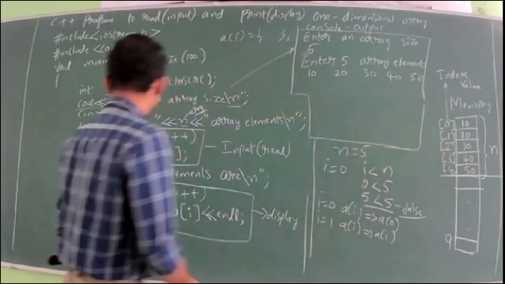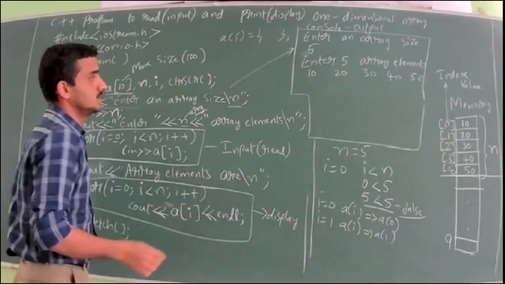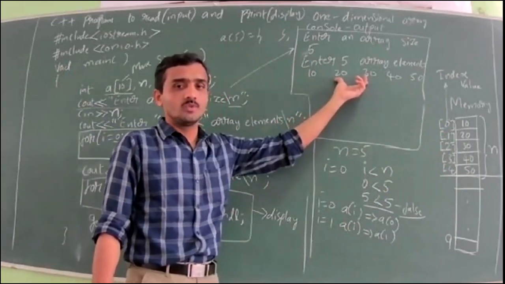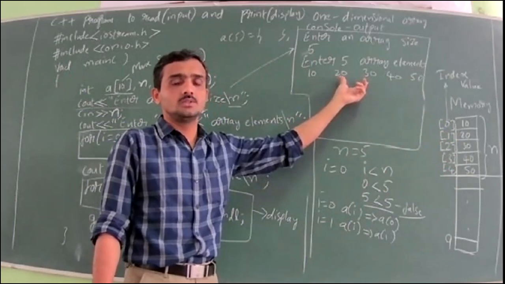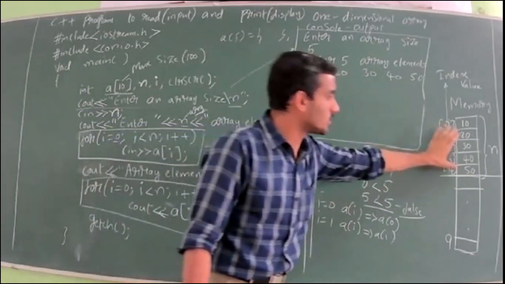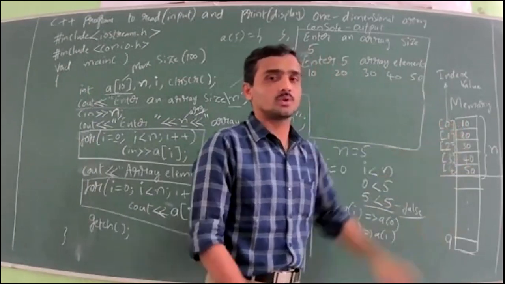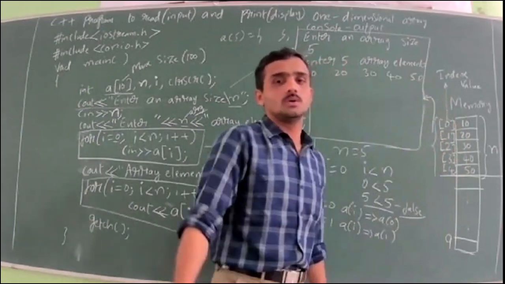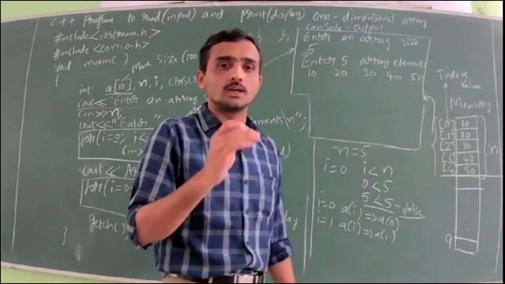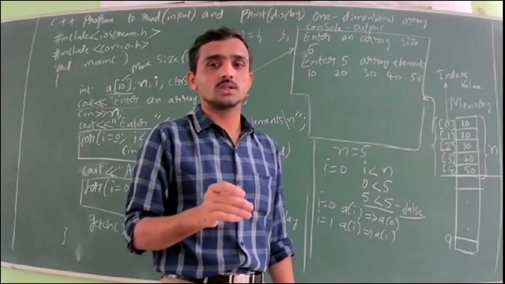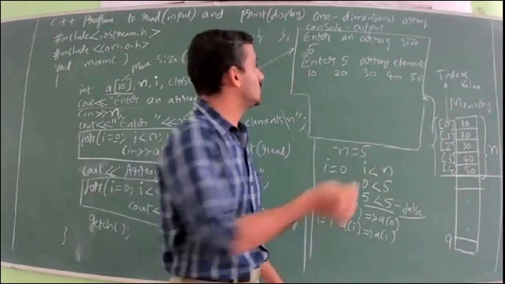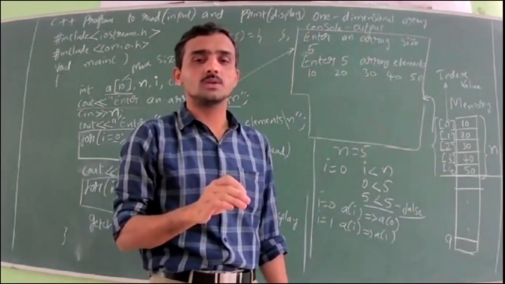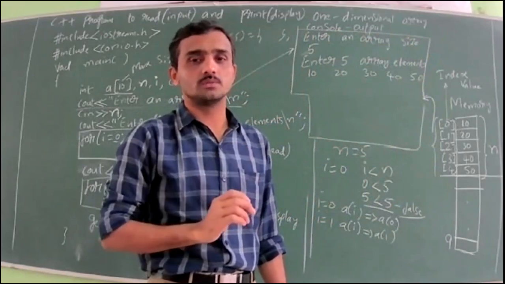Okay. Next. So the next statement you see, "array elements are". You should not get confused here. Already on the black screen the values are there, but these are the values we have entered. When we enter the values, they are stored in computer memory. Whatever values are stored in computer memory will be printed once again on the console. That is console output. So two things are there: console input and console output. Console is nothing but this screen. Whatever you look at on the black screen, that is the console. On the black screen, you can input and you can output. Both things you can do.